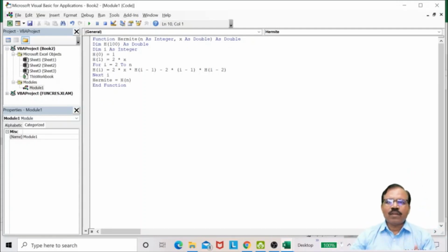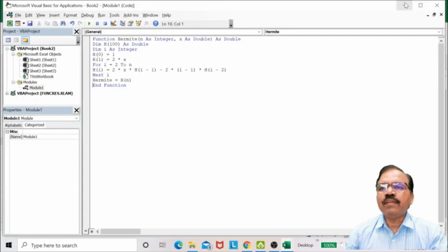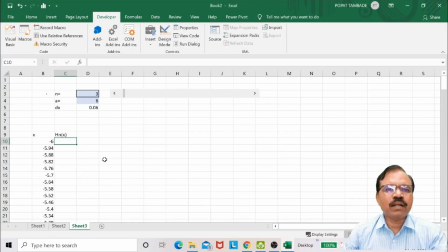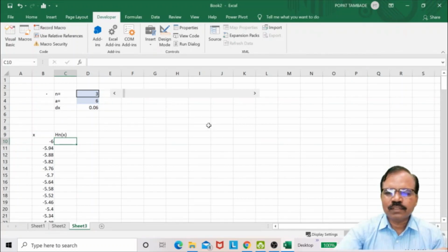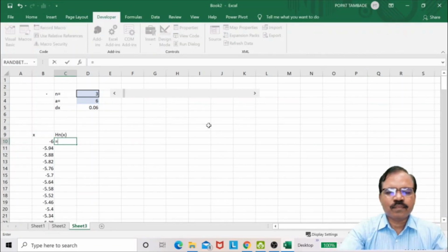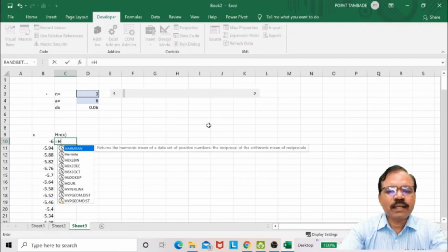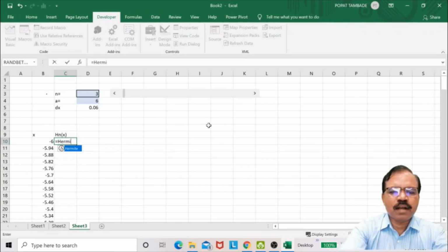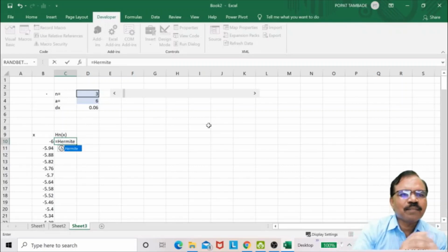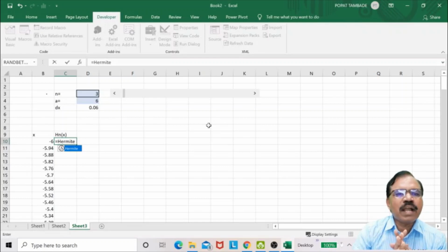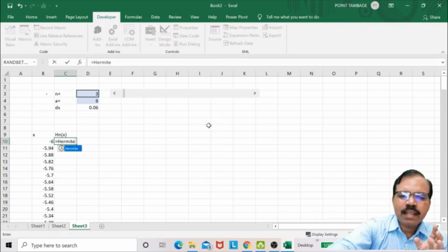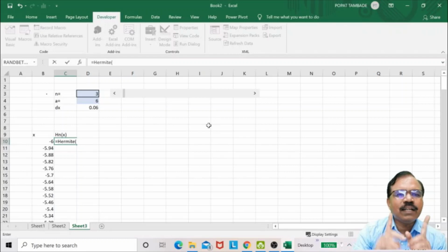So this is the macro I have written. Now I will close here. I will close this macro. Now come here. Suppose I write here Hermite, so that Hermite will appear because it is now a macro for you. And in brackets it will take two arguments.